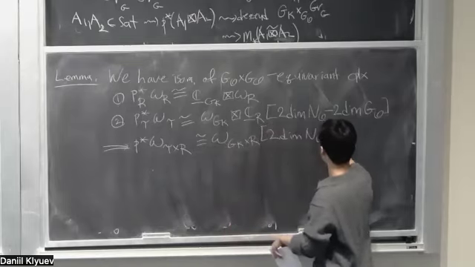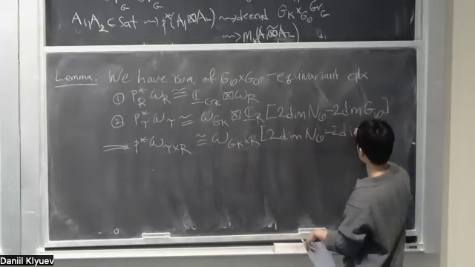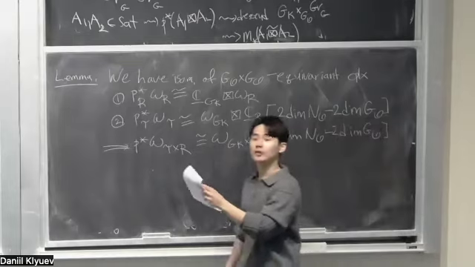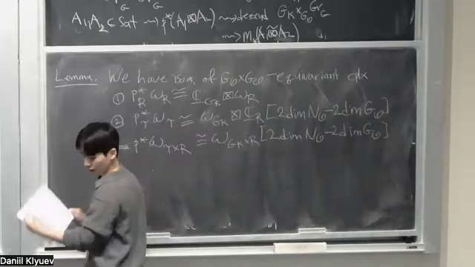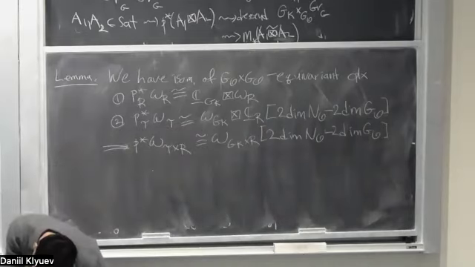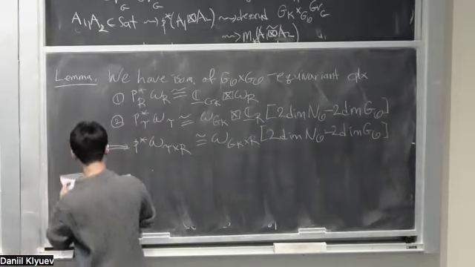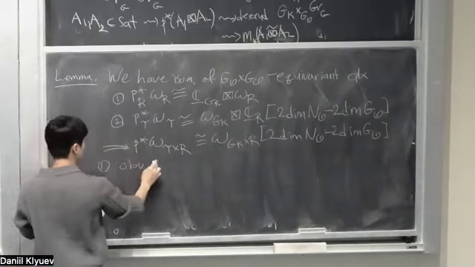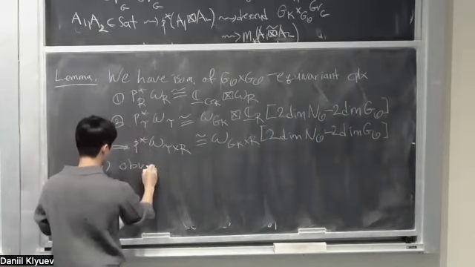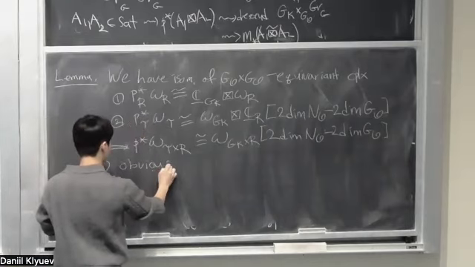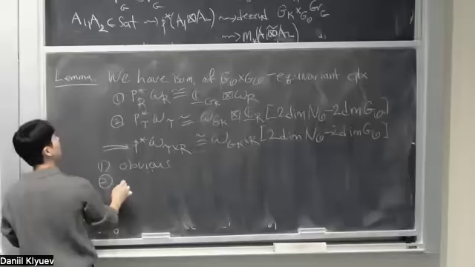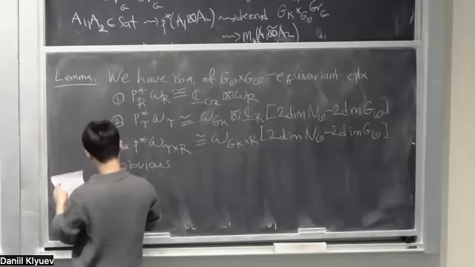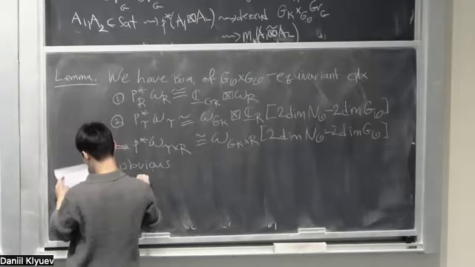So 1 and 2 easily imply this thing. Let me quickly say why this is true. Okay, 1 is obvious because P_R is just the projection, the definition of P_R in the convolution diagram. And then 2,